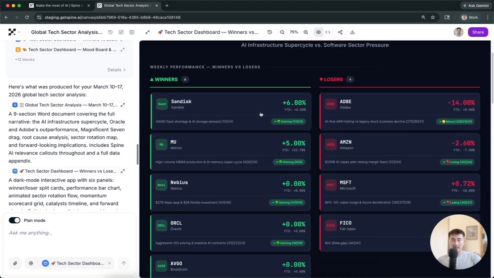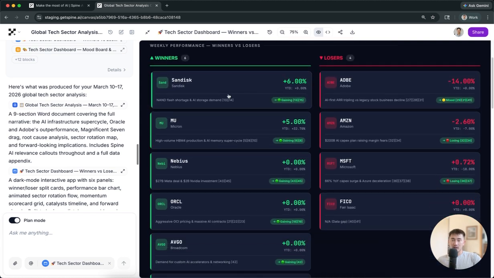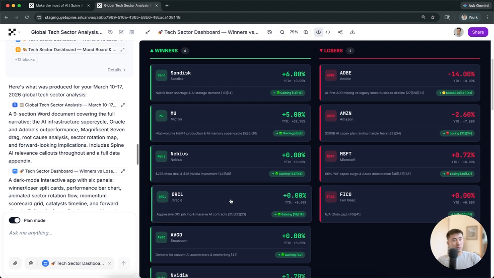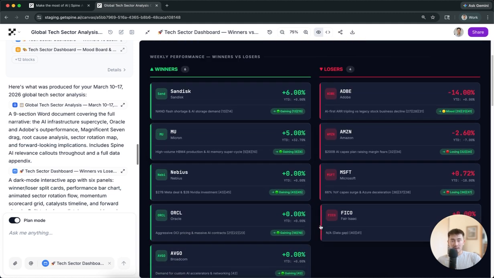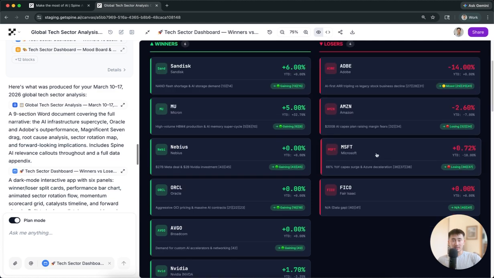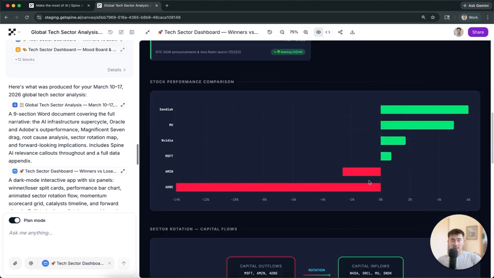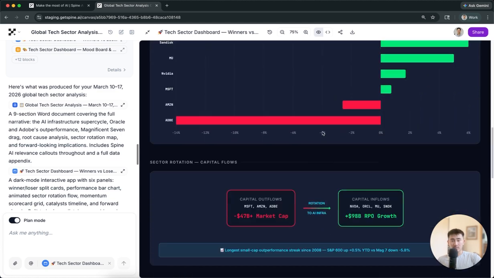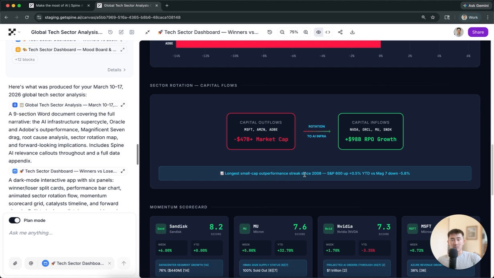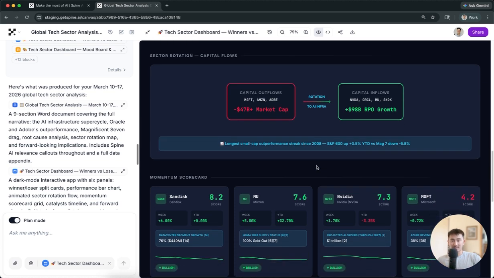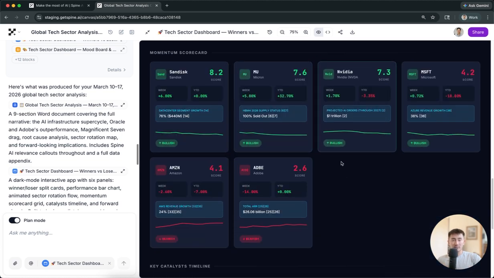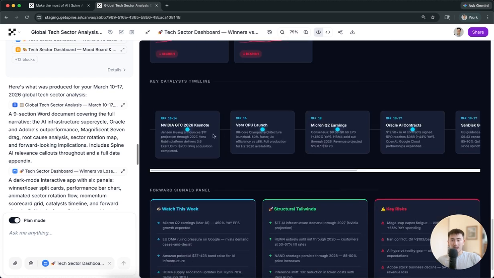If you look here, we can see what tech companies are winning. So we've got SanDisk, Micron, Nebius, Oracle, Broadcom, and NVIDIA. And then what is losing? So Amazon, Adobe took a huge hit. That is really interesting. Microsoft. Let's go ahead and go down here. Stock performance for each of the companies in a different form. Looks like it's the longest small cap outperformance streak since 2008. That's really interesting. And then a momentum scorecard, essentially which companies you should invest in,